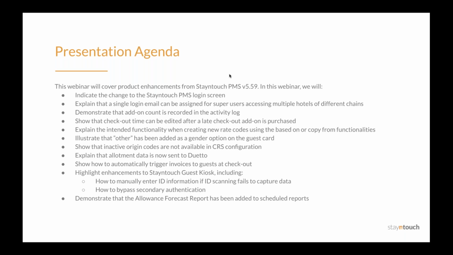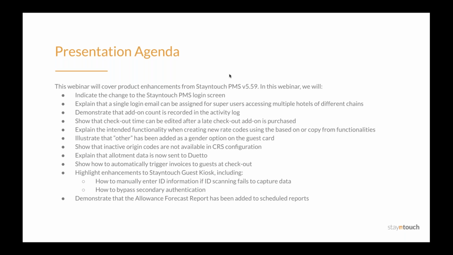In this webinar, we will indicate the change to the PMS login screen, explain that a single login email can be assigned for super users accessing multiple hotels of different chains, demonstrate that add-on count is recorded in the activity log, show that checkout time can be edited after a late checkout add-on is purchased, explain the intended functionality when creating new rate codes using the based on or copy from functionalities, illustrate that other has been added as a gender option on the guest card, show that inactive origin codes are not available in CRS configuration, explain that allotment